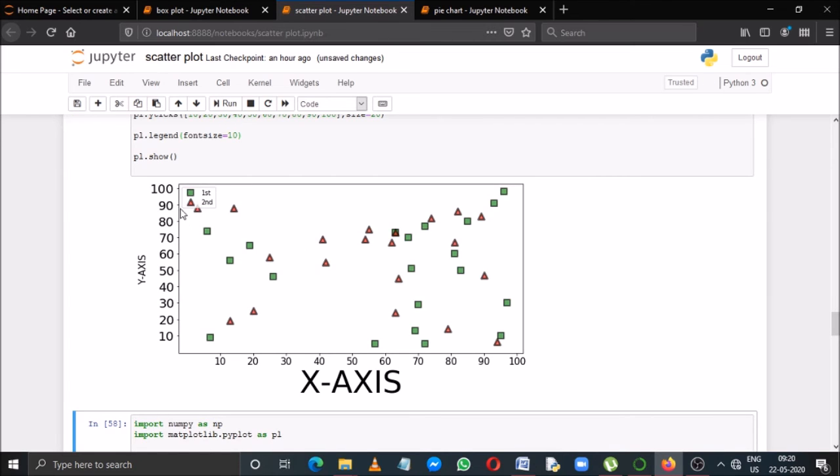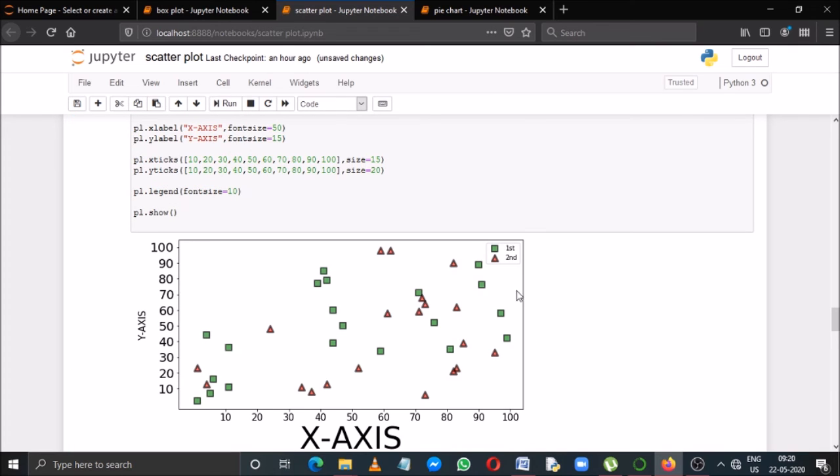The legend is placed at the left top corner, and if I run it again, see the legend is placed at the top rightmost corner. That means the computer will decide by itself where to place the legend. And if you mention the loc attribute, that means you are going to fix the point where the legend will appear.